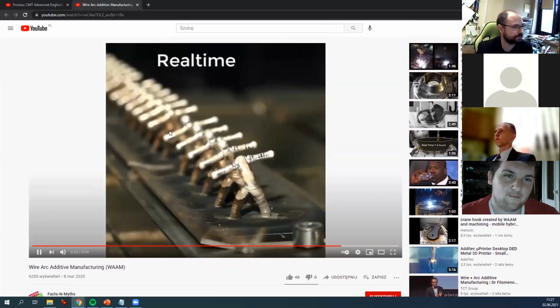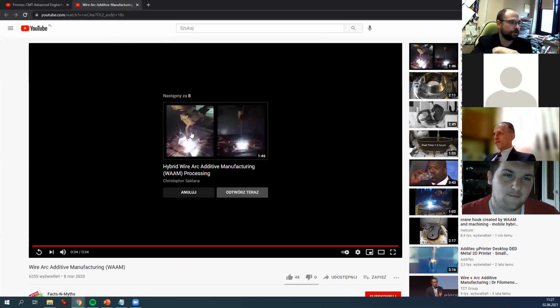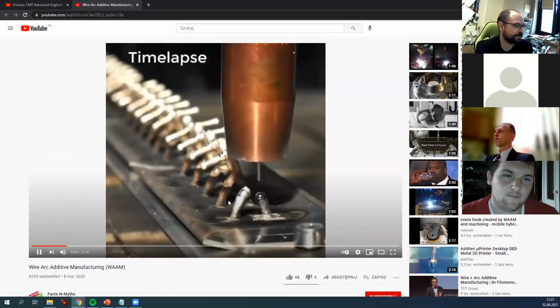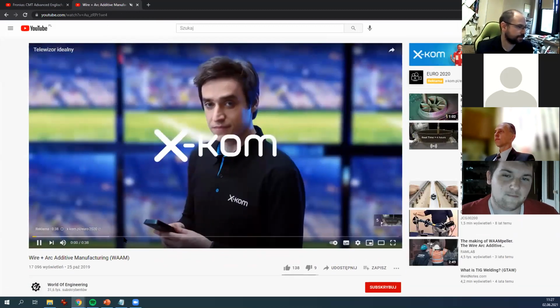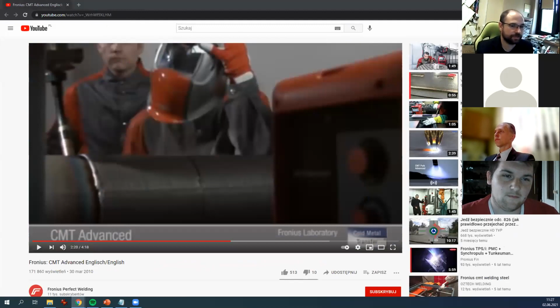This is called metal transfer because when you weld, you load the voltage when the wire connects with the material. Sorry, we don't need the commercial.